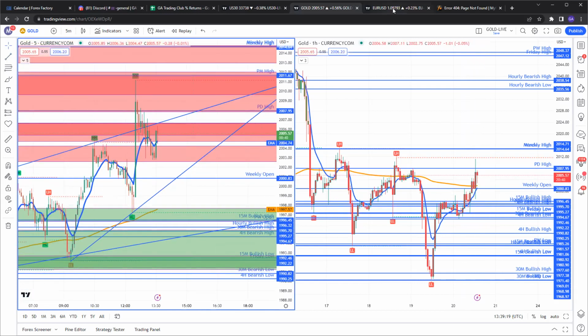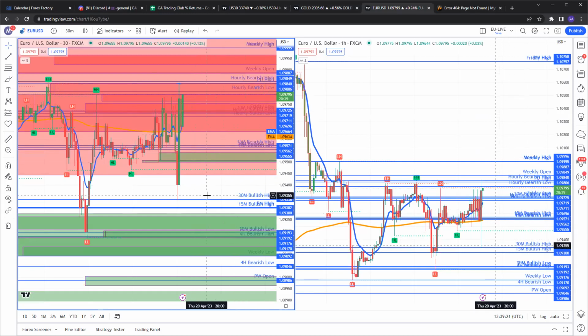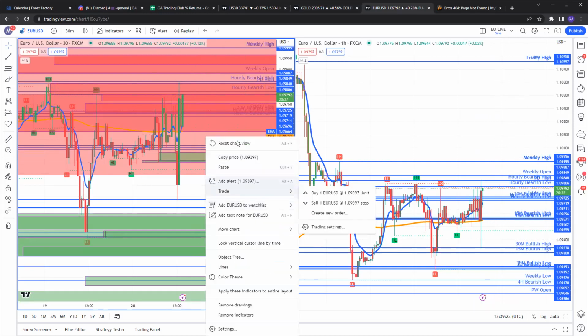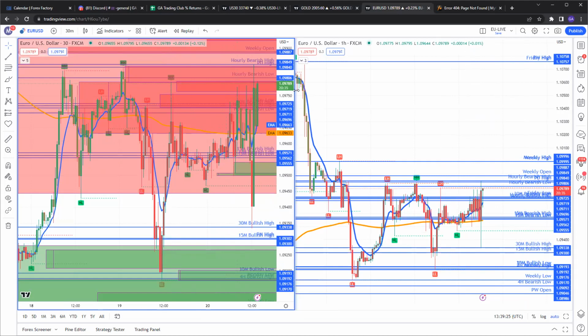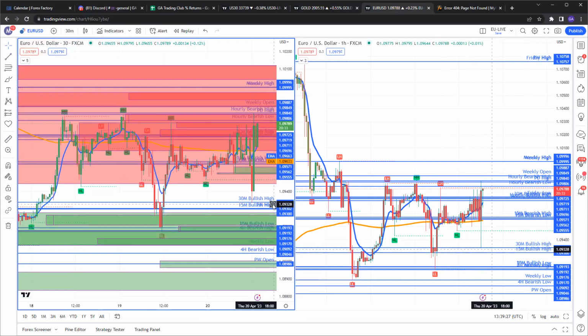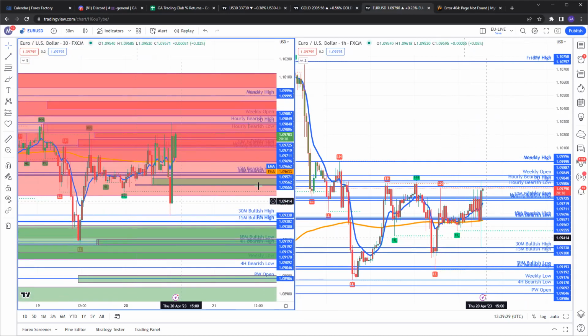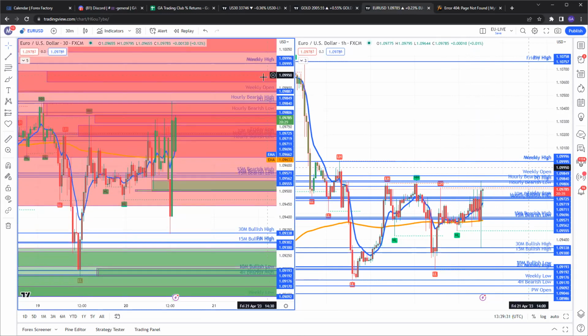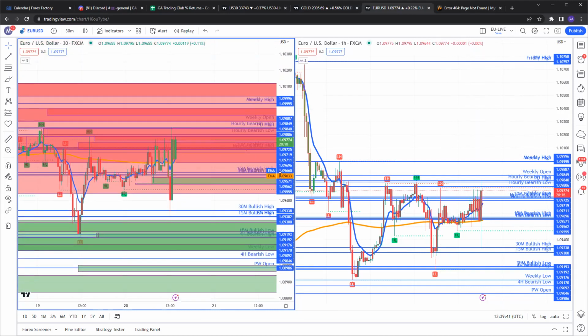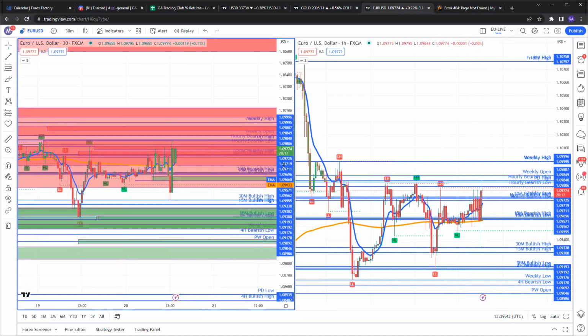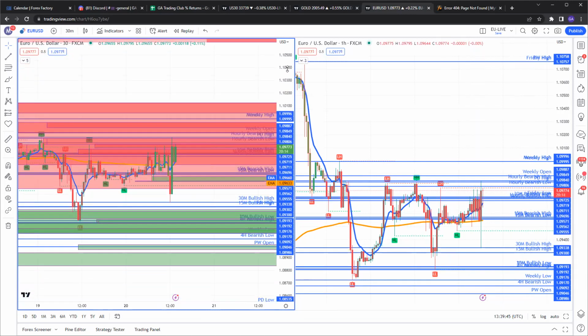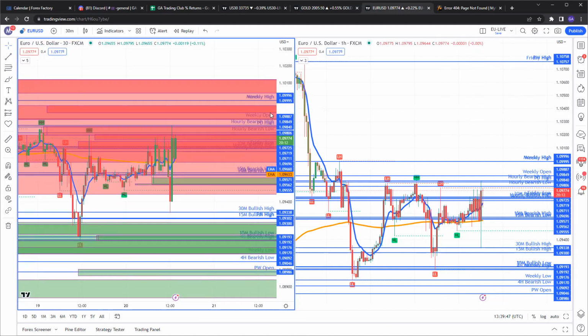All right, for EU, you can see EU is in heavy sell zones. So heavy supply zone. So for any trade on EU, let's also see the areas that we have: weekly open, hourly bearish zone, hourly bearish zone, hourly bullish zone. So we have a bullish zone actually here. But we have more bearish zones. So actually, for me to sell EU,